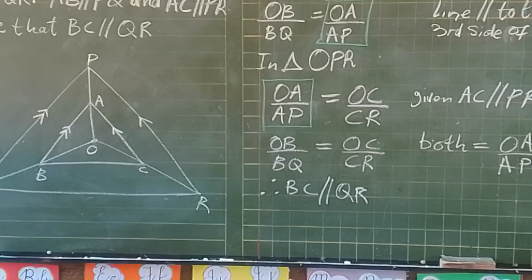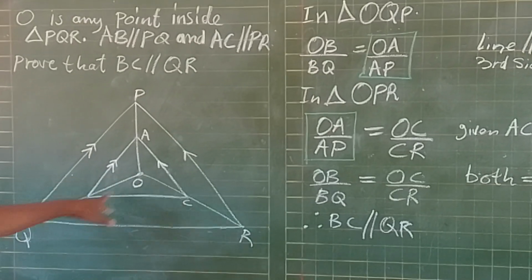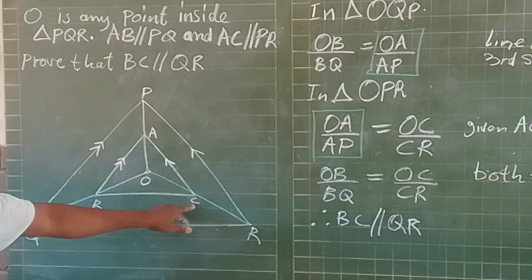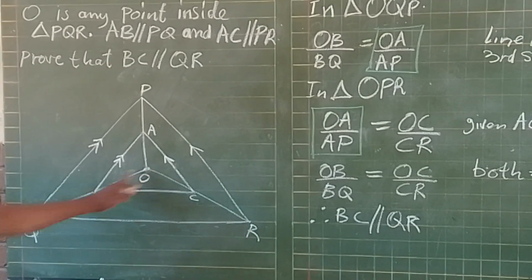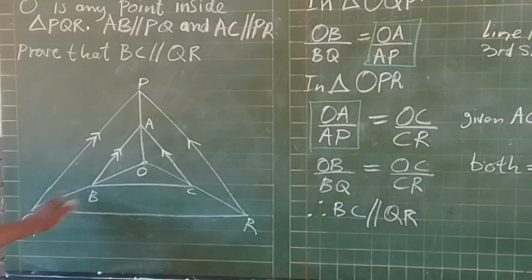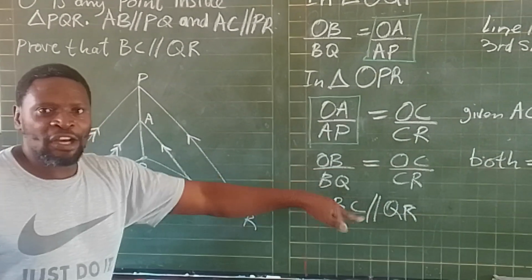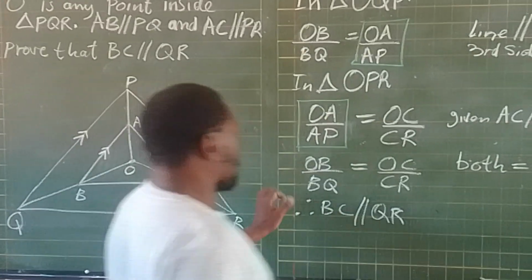That is the end of the statement. Why do we conclude that? Because we have BC dividing triangle OQR into proportional sides. These are proportional sides. Therefore,